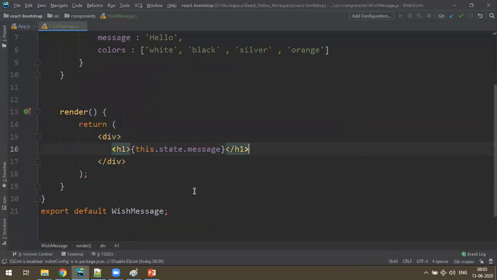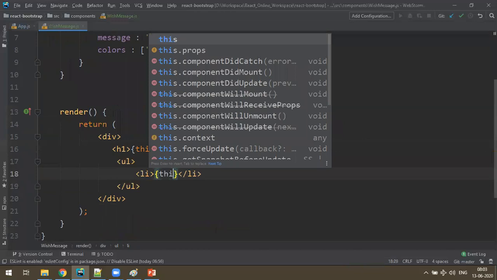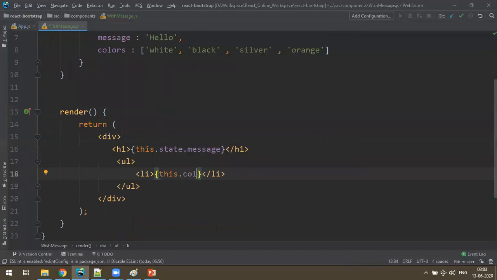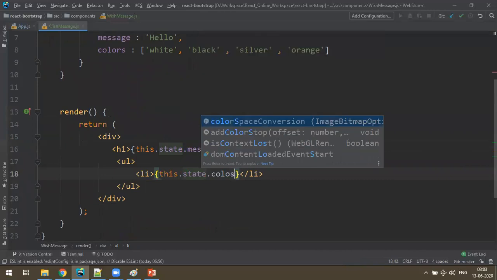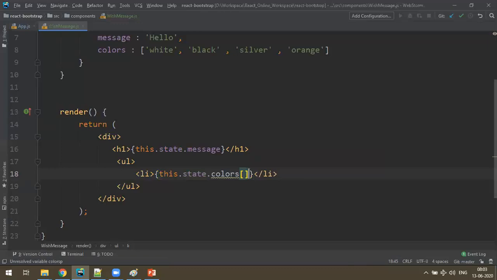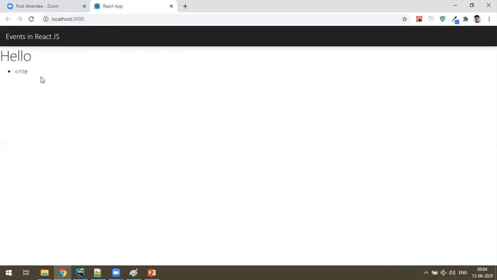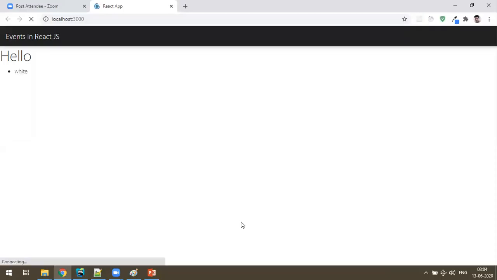What you do is make one UL tag with li. Here you can just say this.state.colors of 0. So you get the first color, the list item white, and if you want to make multiple, 1, 2 and 3, like this.